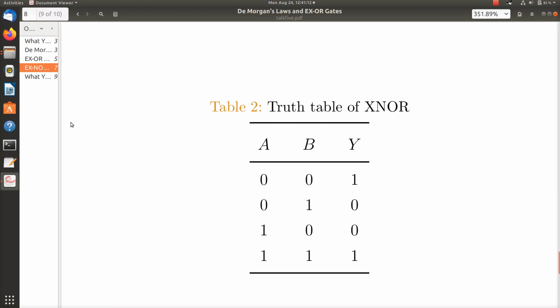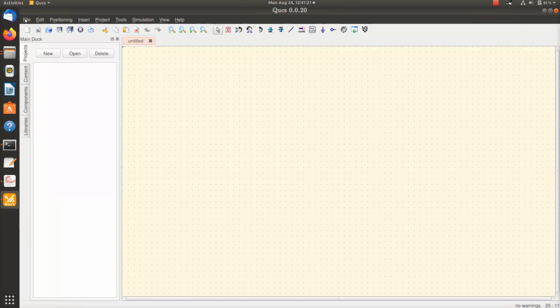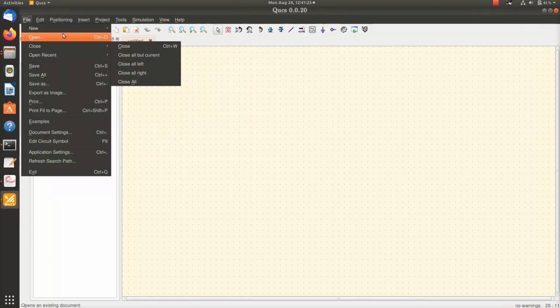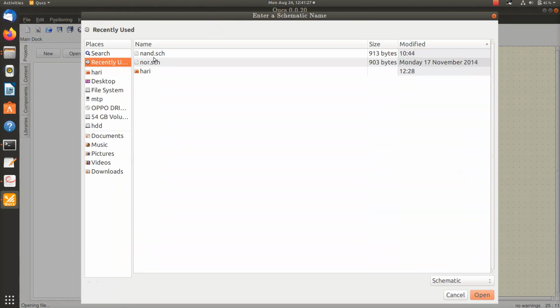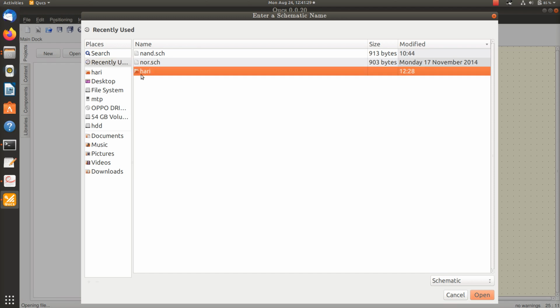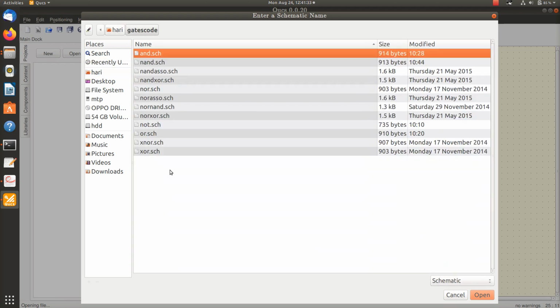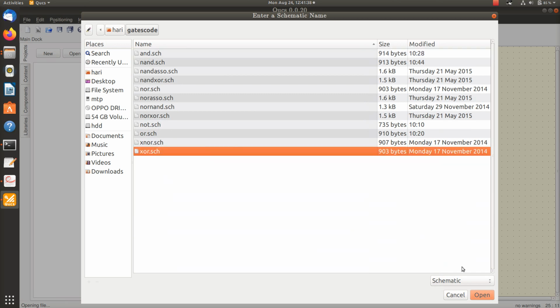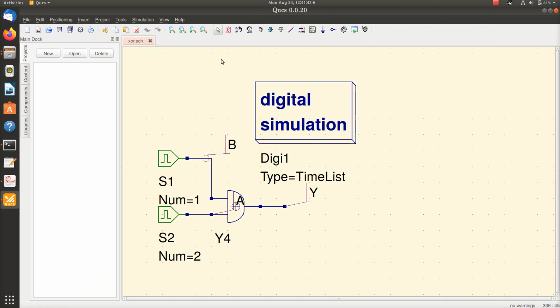In the previous thing I have shown that. Now I will show you how I can use a simulator to verify this. So I will go here, I will take an XOR gate. XOR is here. If I take it here, you can see that